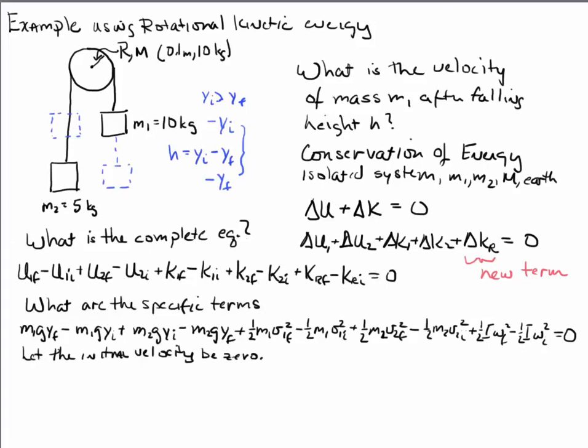Now we're going to let the initial velocity be 0. And this is simply to simplify the terms. So we wind up with minus m1gh because we have yf minus yi, and that's going to be minus h. We have plus m2gh plus 1/2 m1 vf squared plus 1/2 m2 vf squared plus 1/2 the moment of inertia times the final angular velocity squared,